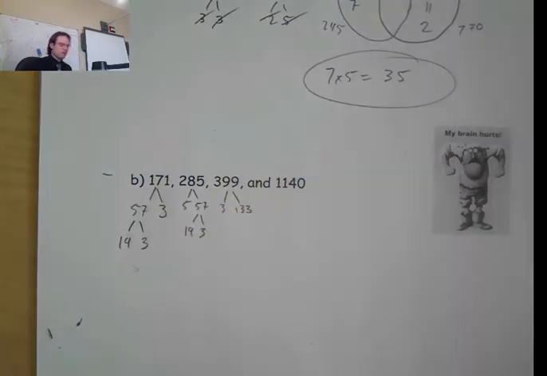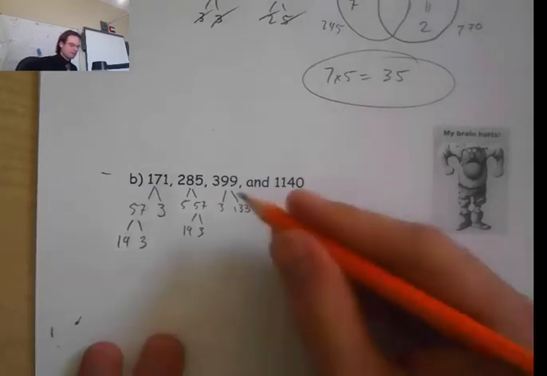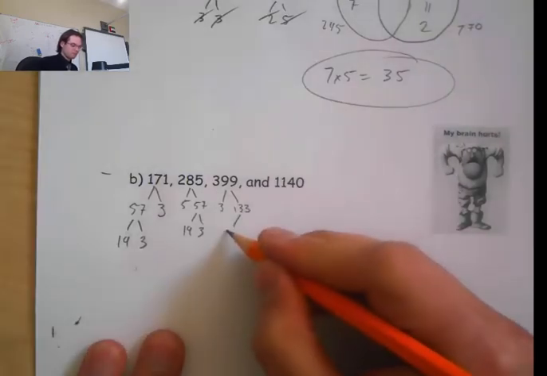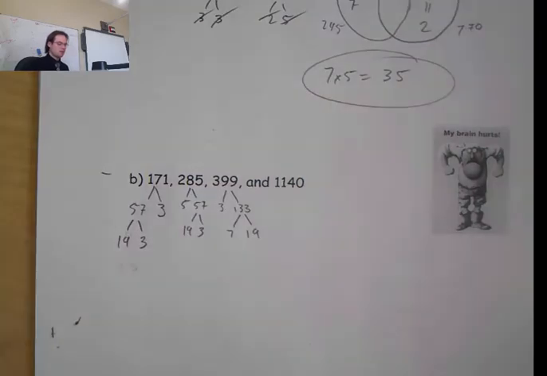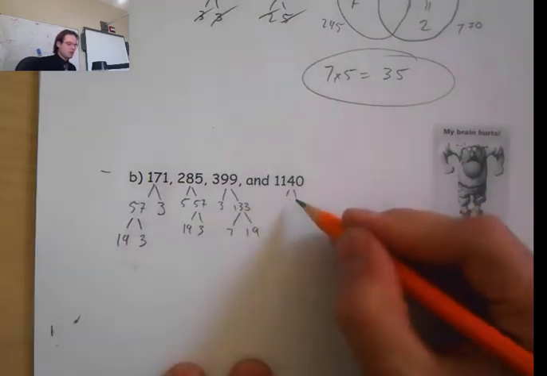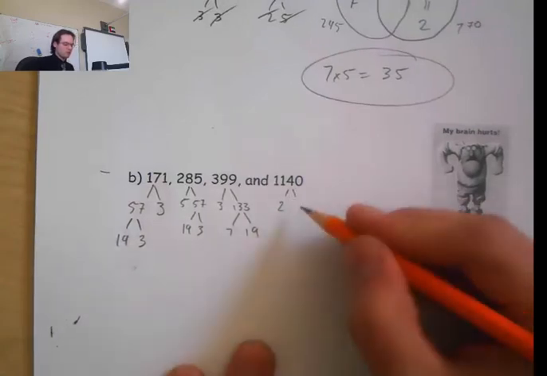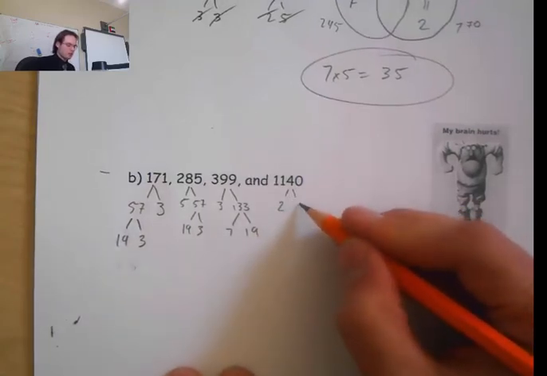Okay, now 133, I look at that. That could be divided by 7. It's going to give me 19. There we go. Okay. Let's take a look at my next one. I know this could be divided by 2. That's going to give me a total of